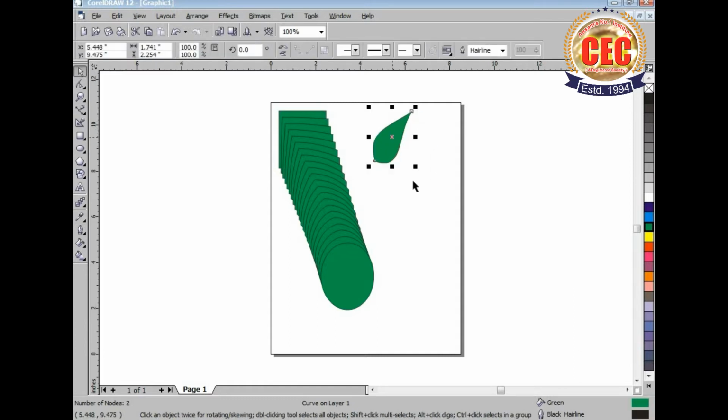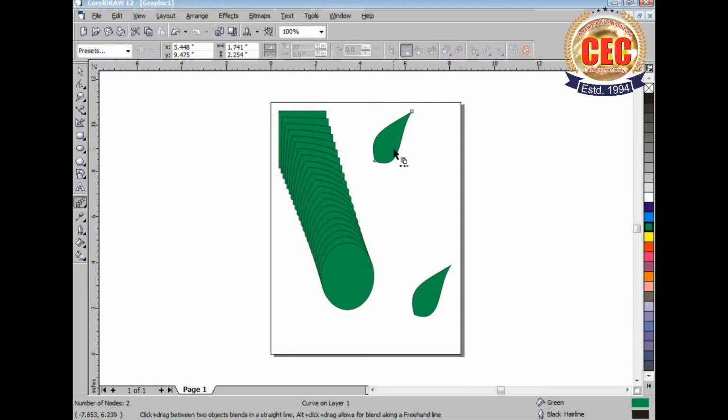After this, I will use a shortcut key for making a duplicate of this leaf. For making a duplicate, it is the Ctrl D shortcut key. This way you can make a duplicate of an object or a shape in CorelDRAW. After this, I will be using the interactive blend tool for blending these two shapes.